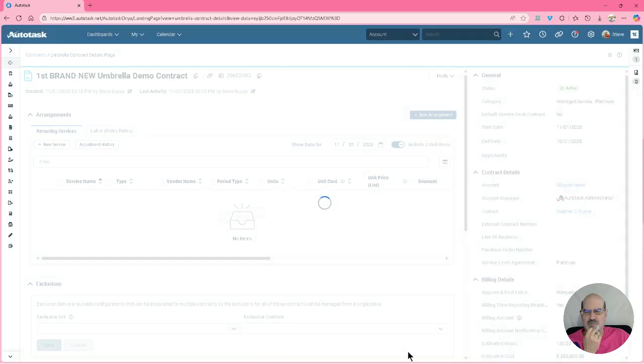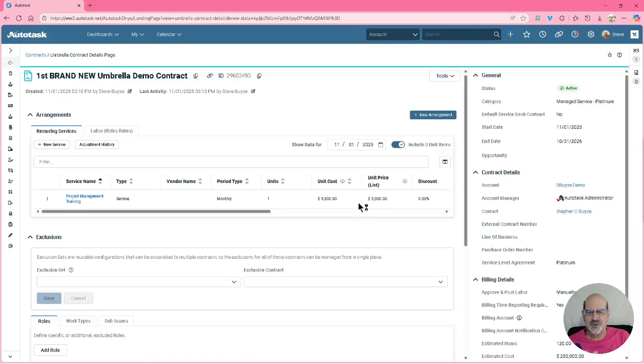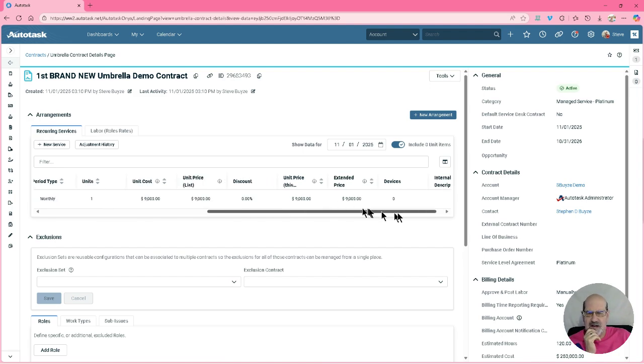Now here's what I think is huge and unique, is because any service that you put into a contract is going to have this end date here. And this end date, the start and end date of the services within a contract do not have to follow the contract. So if I scroll over here, wow,